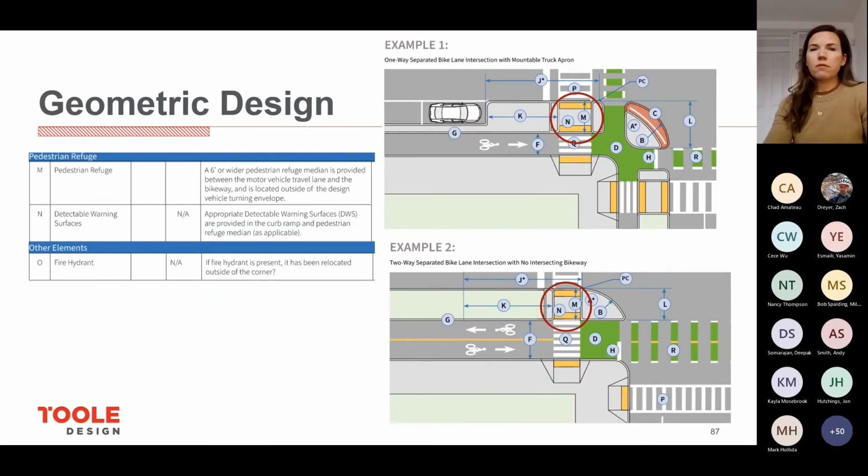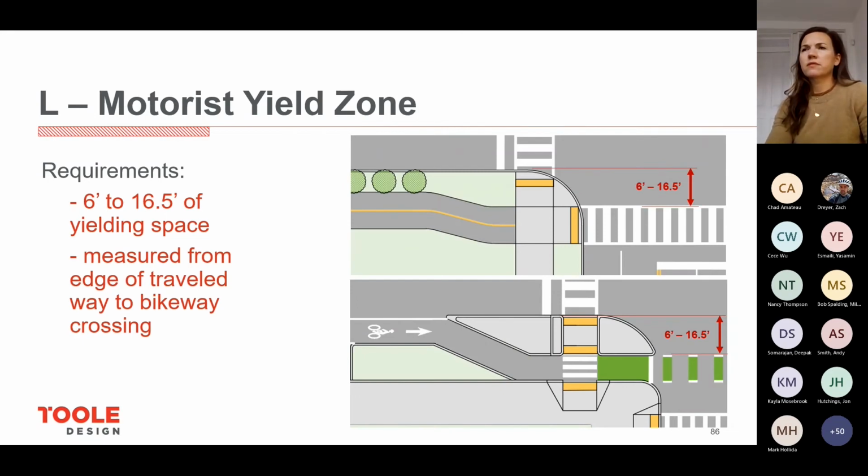All right, and Megan, could you just go back that? I mentioned this a little bit earlier. There might be situations where you consider a motorist yielding zone that's deeper than this, so more than 16.5 feet. And that's going to be a case-by-case assessment. But for example, if you have relatively high volumes of left-turning motorists that will be in conflict with these crossings, in those, it might be appropriate